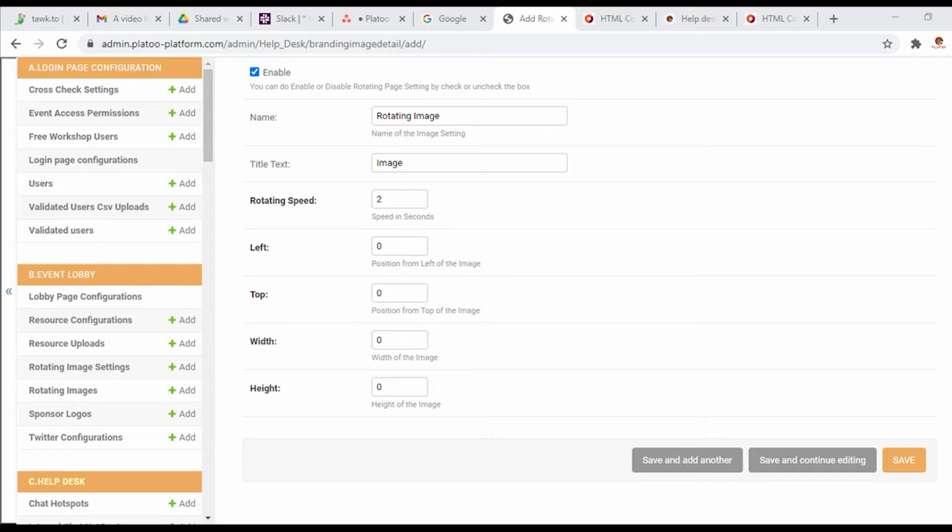Okay, so now you just have to put your coordinates here, which were 14434 and 477. Width was 191 and height was 133. All right, save and add another.